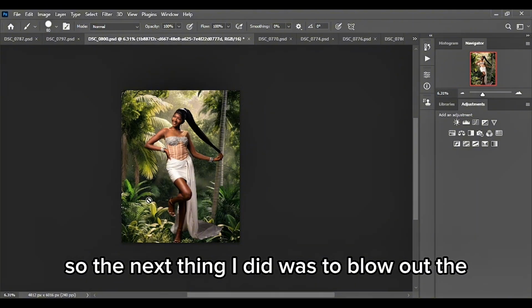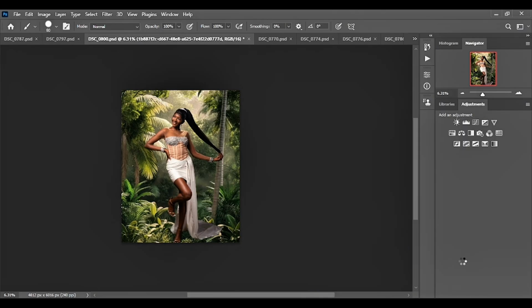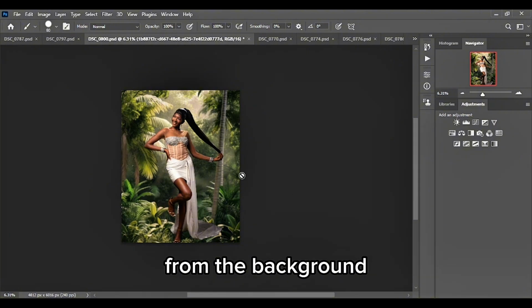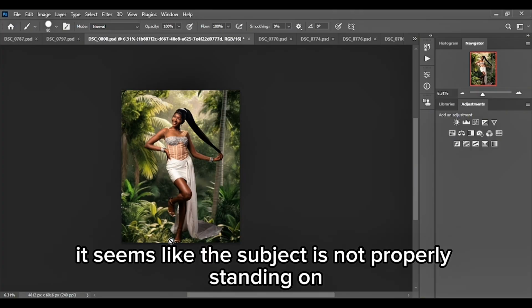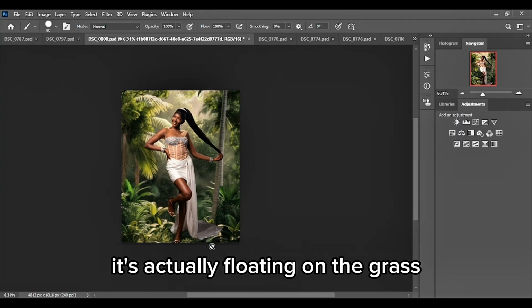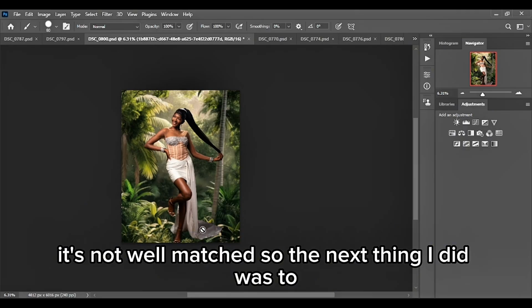So the next thing I did was to blow out the background so that the subject will pop a little from the background. If you look at this image now, you will see that it seems like the subject is not properly standing in the bush. And if you look at the clothes, it's actually floating on the grass. It's not well matched. So the next thing I did was to